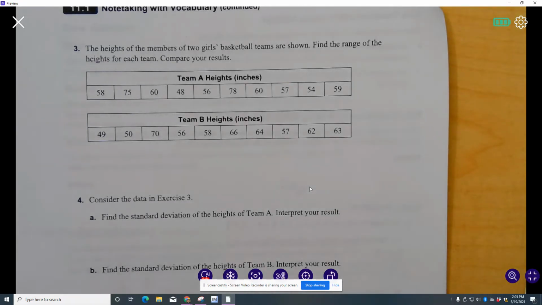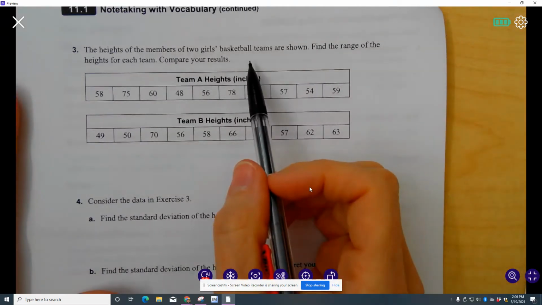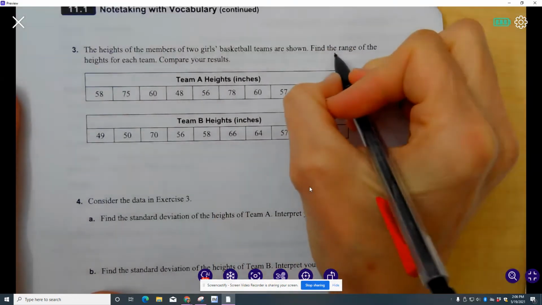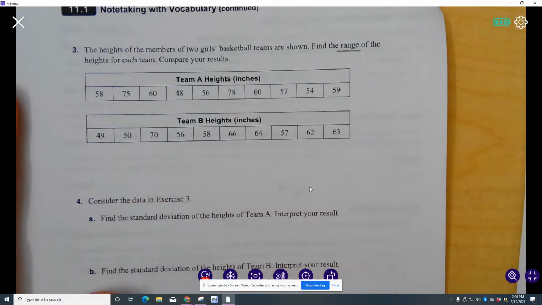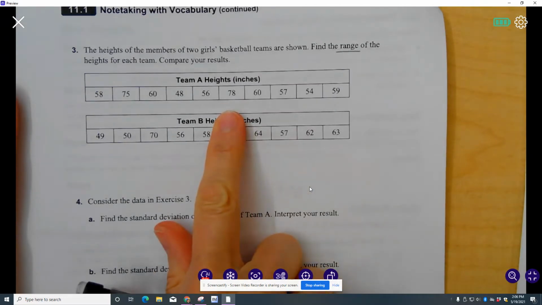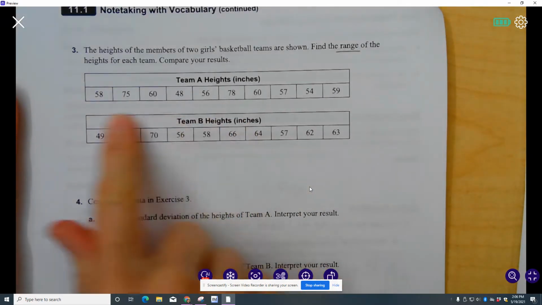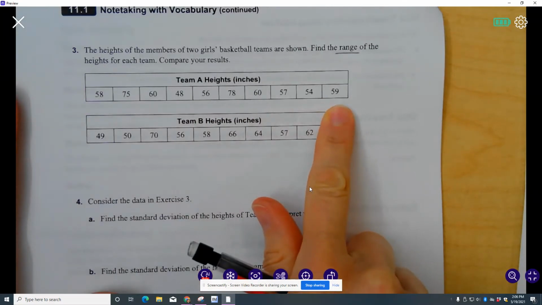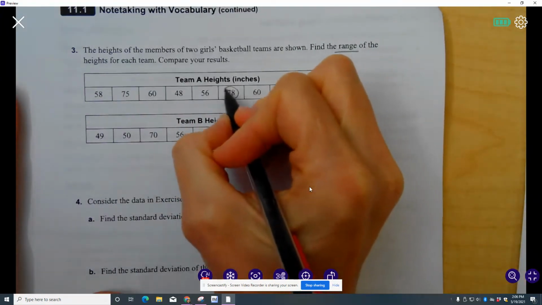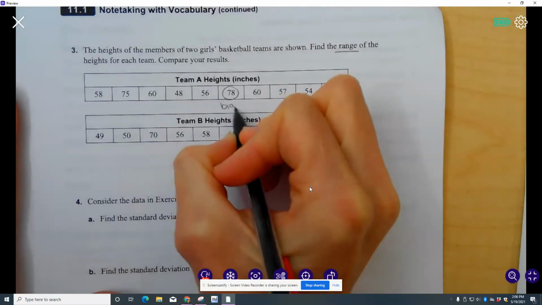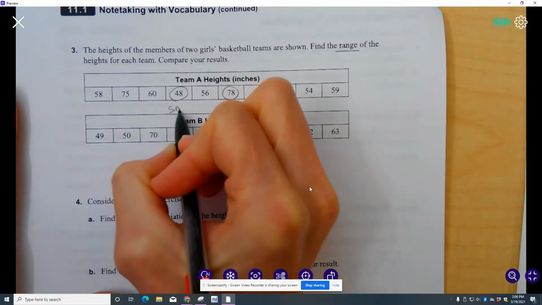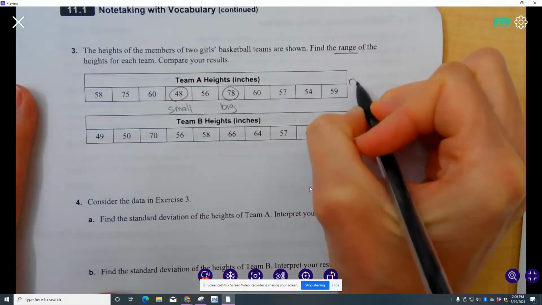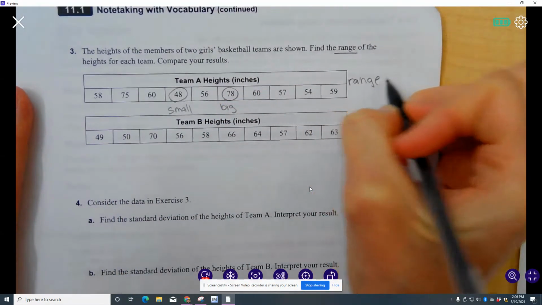So number 3 says the heights of the members of two basketball teams are shown. Find the range. If you remember from the last video, range is where we find the highest value, or the largest value, and then we find the smallest and we simply subtract them. If you look at the heights of these basketball players, it looks to me like this is the big value, and the smallest value is 48. So my range is going to be